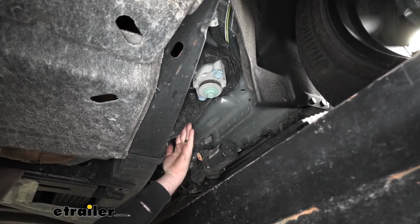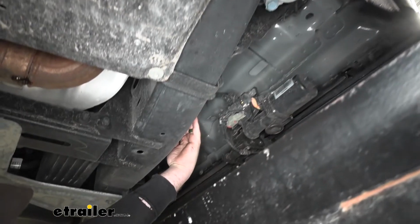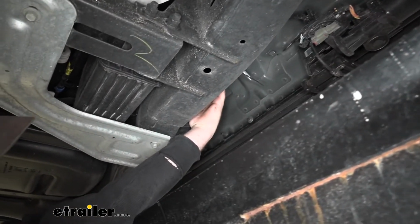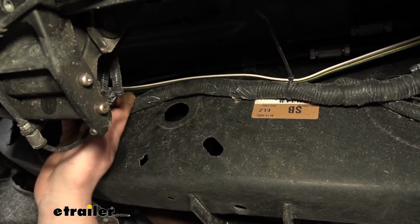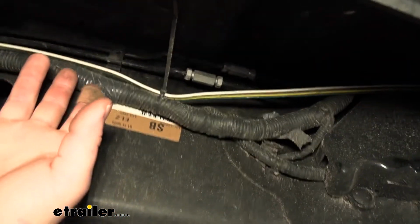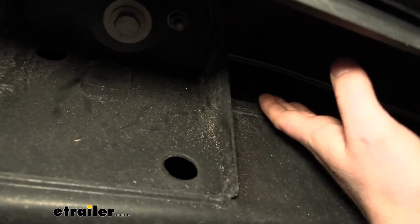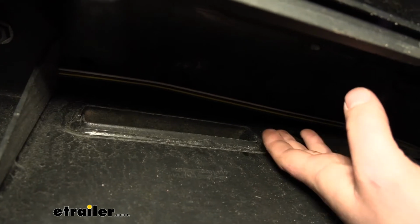and follows the frame rail down on this side. So it just continues along up through here. So here you can see the wiring routed on the outside of our frame rail, where it continues down. And then up in this area here, the wiring actually kind of shoots to the inside of our frame rail and back